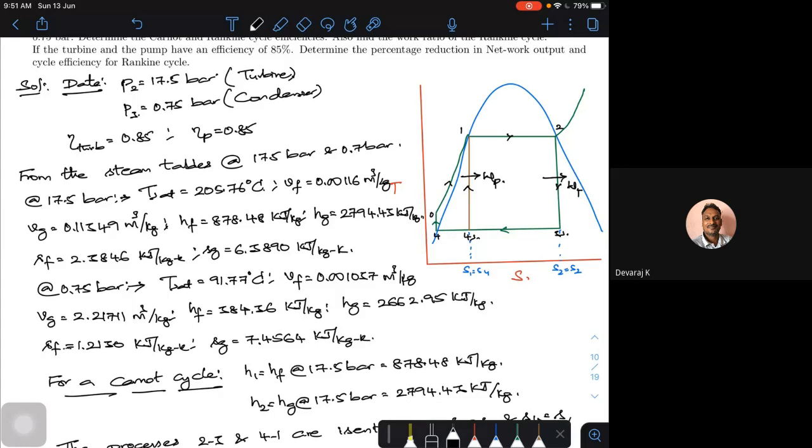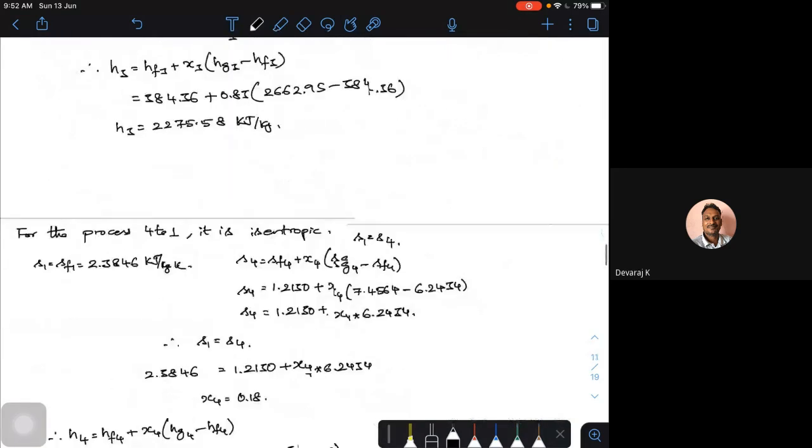Then how to calculate the Carnot efficiency? See, Carnot efficiency is nothing but the highest possible temperature. Look at this, this is the temperature, either T1 or T2 and T3 or T4. The formula is (T high minus T low) divided by T high. If I do that, I'll get the Carnot efficiency. Then I can find the turbine efficiency. If I want, I can find the pump efficiency, everything I can find, whichever way we want.